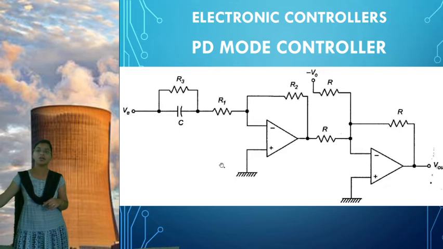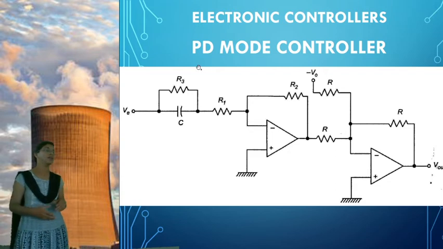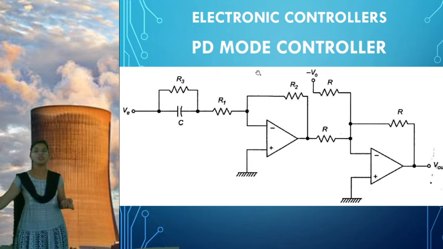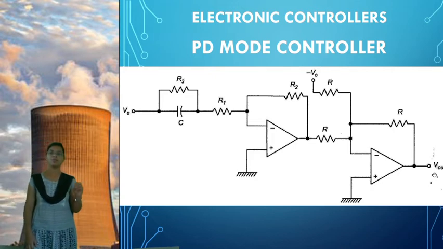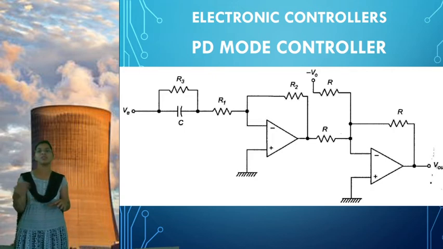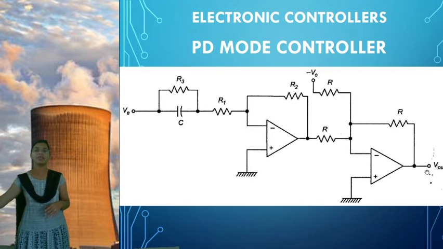That is connected to an amplifier that will produce an output. So this output should be complemented, so that is connected to the inverter here. But in PD mode, offset will not be eliminated. So since we are not eliminating the offset, we should add it. So that V naught we are going to add to the inverting terminal of the inverter circuit. So that will generate the output. So the derivative and proportional action plus one inverter circuit will show the PD mode of controller.